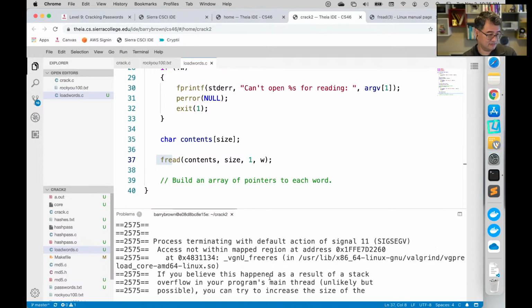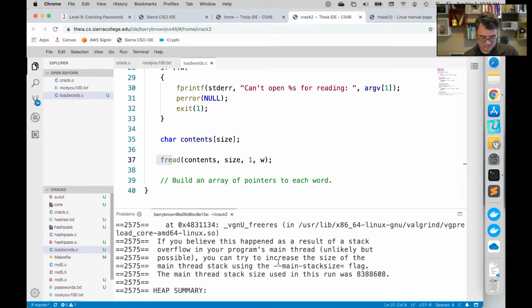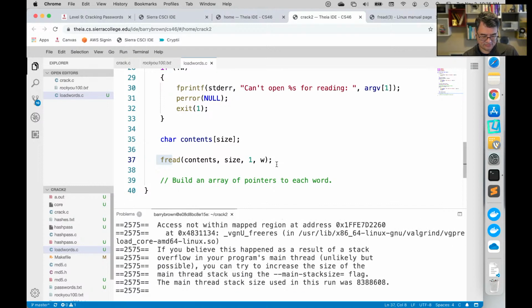Can anyone infer from that message what's going on? Yeah, that the allotted room to put this in isn't big enough. So we need to make it bigger. Your stack in your program is of a fixed maximum size. When your C program is running, it does not really expect that you'll put giant arrays in as a local variable. Understandable. So we can't allocate this array as a local variable. What should we do instead?